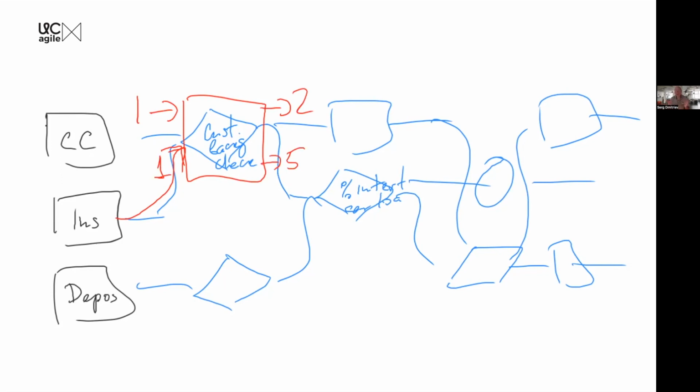Please. And of course, those guys will say, okay, now there is some logic in this customer background check. If the request is coming from the credit card business and you get 1, you will have to send 2 out of the box. If it's coming from the insurance business, when we get 1, we should send 5 out of the box. And when you have 1 change like this, it's still okay. We can document it, but the trouble starts when deposits ask, hey guys, if it's coming from us, we want 7 to come out. And another guy from another product comes and says, oh, you know what? For us, 1 should not be 2, it should be 0.